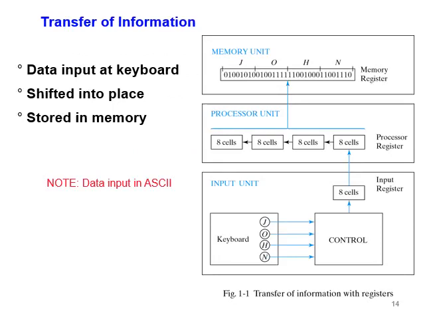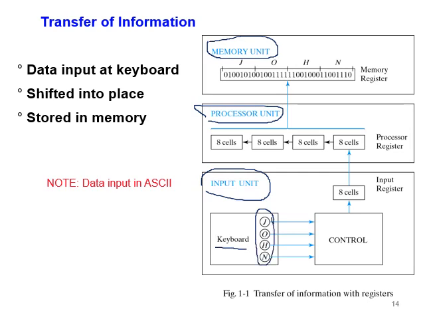Okay. Now transfer of information. Have a look at how we transfer the information. To transfer, first of all, we need the input unit, and then the data goes to the process unit, and then it's stored in the memory. Have a look at the example. This is my keyboard. I want to write the word John. First of all, it goes to the control, where we produce the code, ASCII, or parity, odd, even, whatever it is,